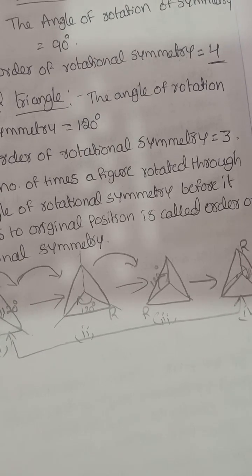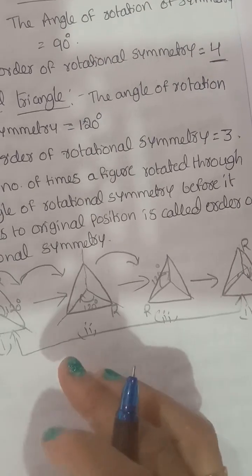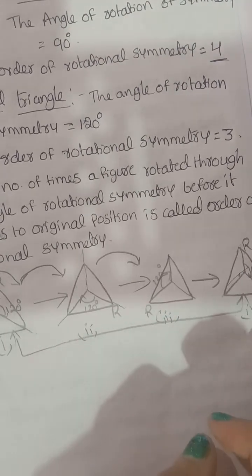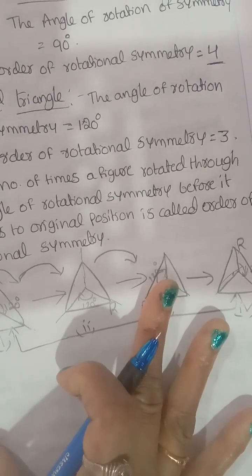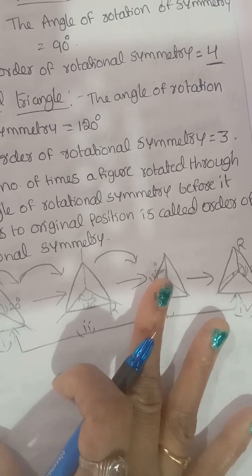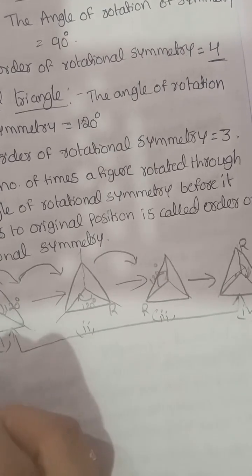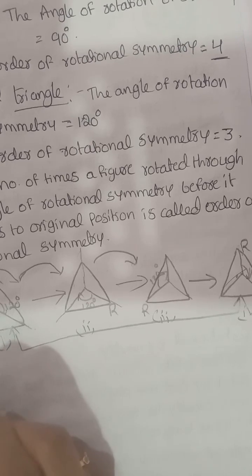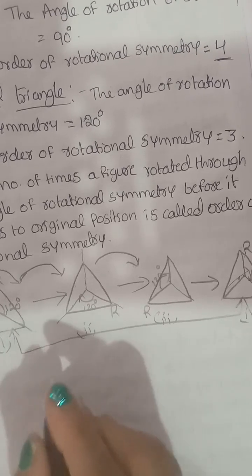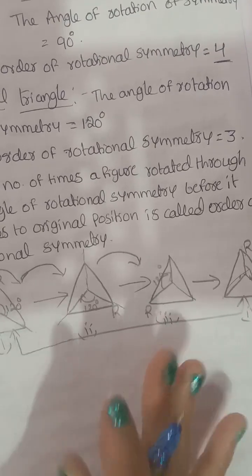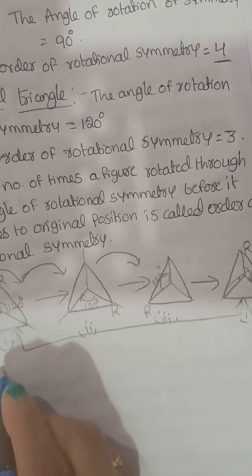Yeah, what are the questions there? Here is the first question: can you now tell the order of rotational symmetry for an equilateral triangle? Can you tell the order of rotational symmetry? Yeah, the answer to the first one is 120 degrees, for 3 times. How many times? 3 times only.